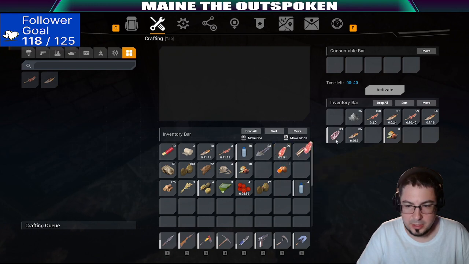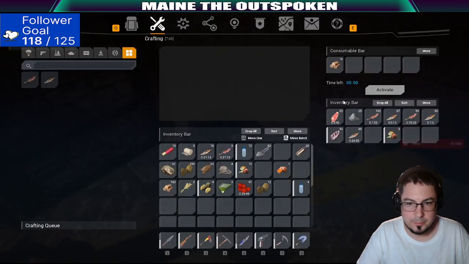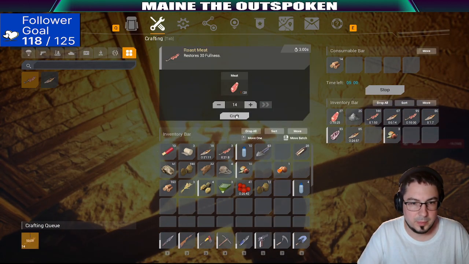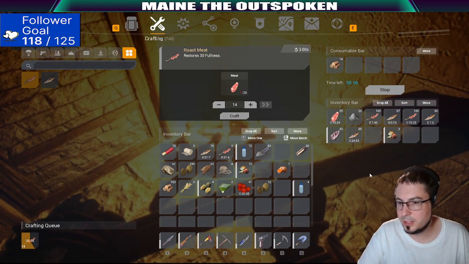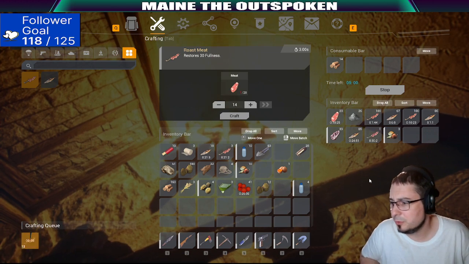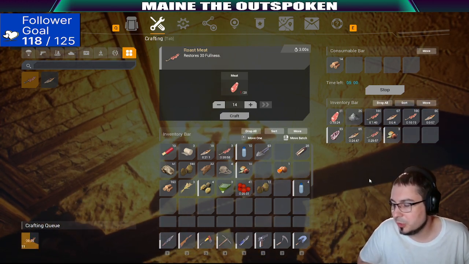Don't need all this meat either, so let's leave that behind. Throw a little bit more wood on the fire. Pretty much just try to always have meat cooking because it does spoil kind of fast. I'm assuming there's a way to preserve food more. I haven't learned that yet in my skill tree, so...